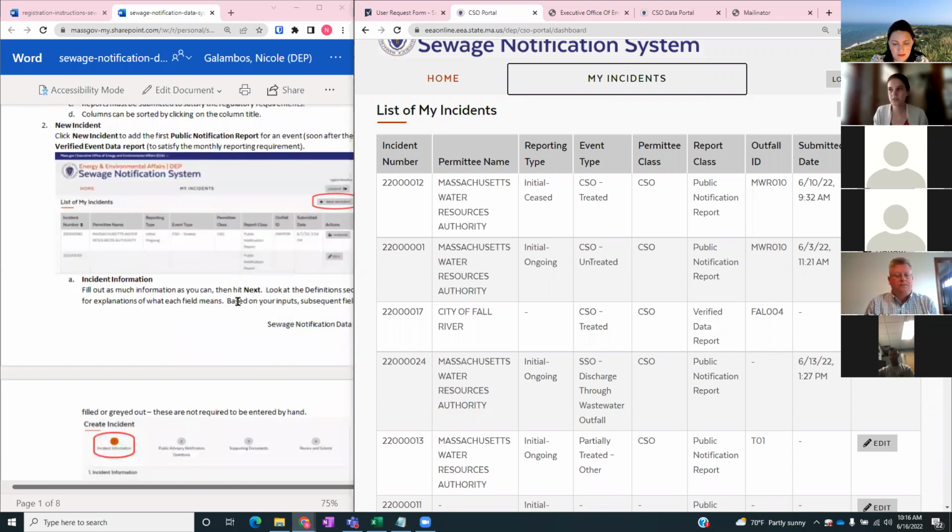There are two types of reports that are submitted in the system. One is a public notification report, and that happens soon after the event occurs. So a discharge or overflow will happen. You will discover that the event has happened with metering or whatever other method is outlined in your plan. And then you'll send out a public advisory notification to all of the subscribers in your system. After you send out the public advisory notification, you have 18 hours to submit the public notification report into the